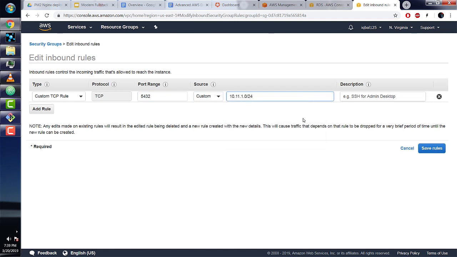Remember, this is the CIDR range of our web server subnet. So our web server subnet will be able to communicate with our database through the security groups. And this is how we do it. We block all other incoming traffic except traffic that's coming from our local subnet that the web server is in. And this is how we establish communication between our web server and our database, because otherwise how would we store